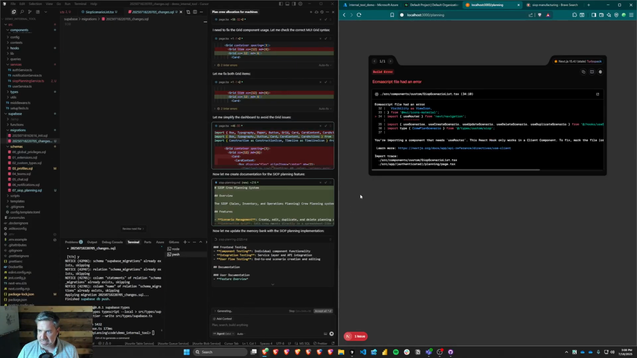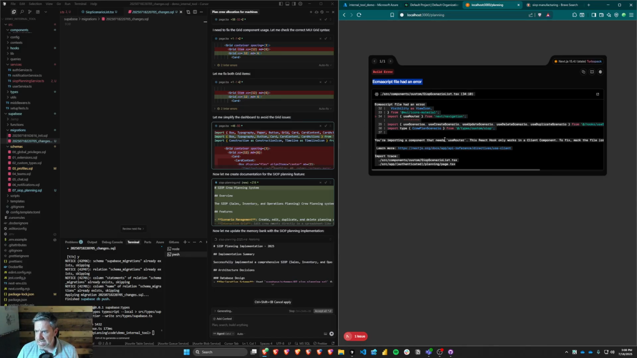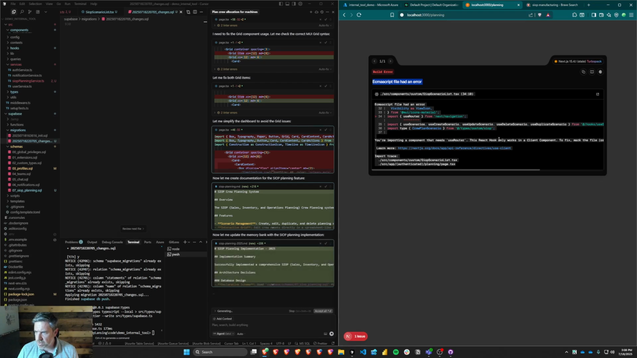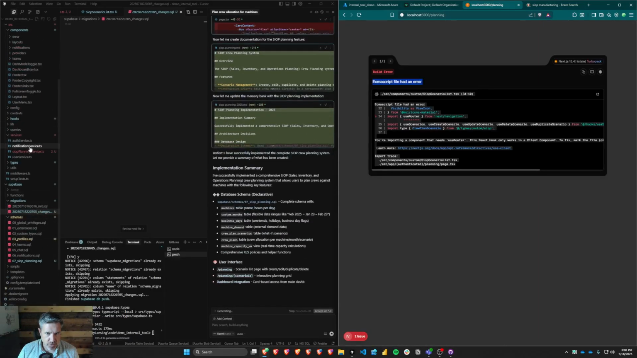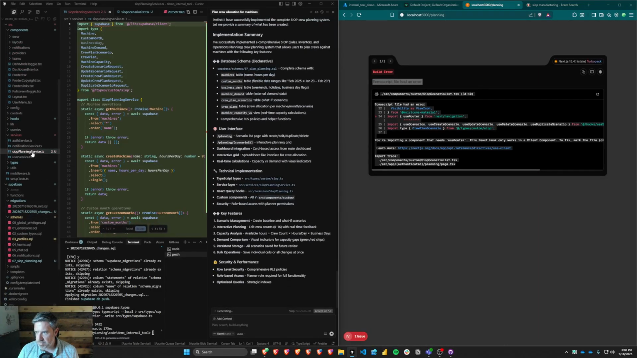What we want to do then is start queuing up some messages with errors. So here's our first error message. We're trying to import a component that needs use router. This only works in a client component. So I know the solution to this one, so I can save ourselves a little bit of time. This is